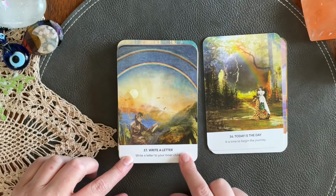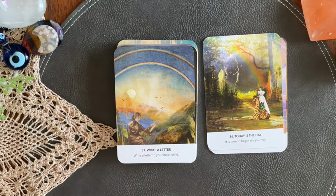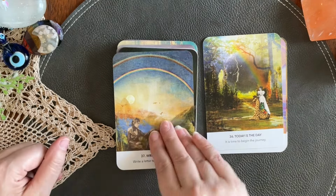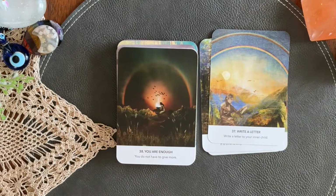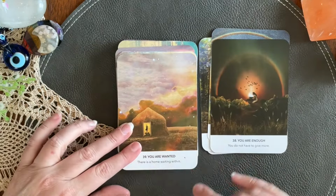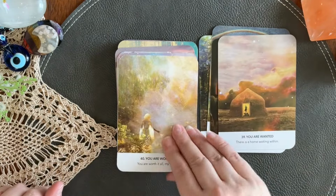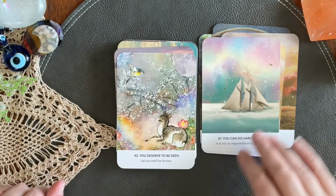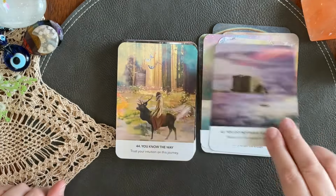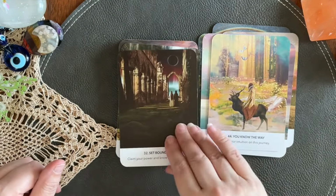Now see this, write a letter. I could just stick with that, write a letter, and ignore the write a letter to your inner child. I don't need that aspect of it if I don't want to work with it in that inner child viewpoint. That's my hope anyway, is to be able to work with this without that inner child energy, and just to work with it as a normal